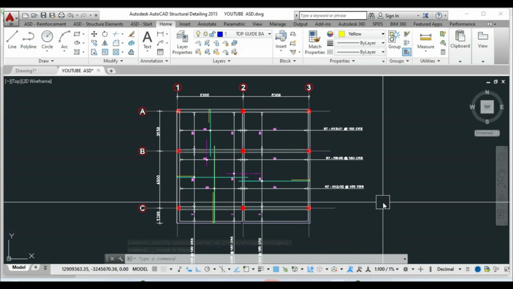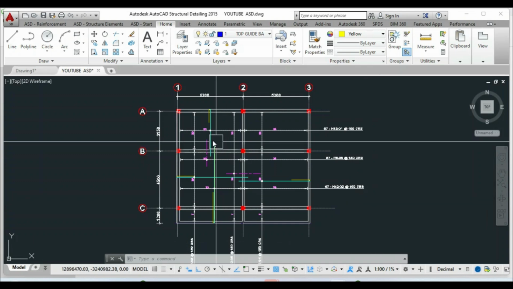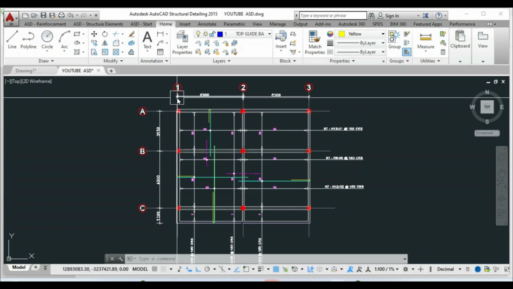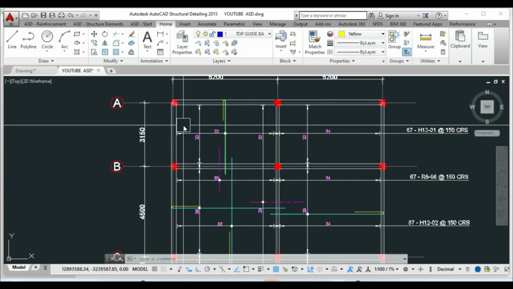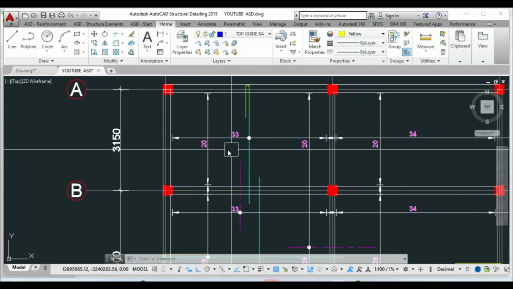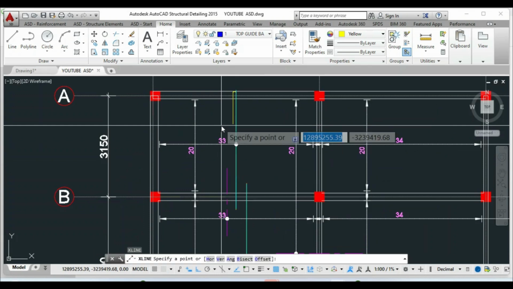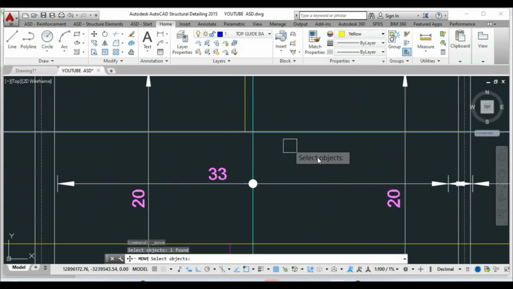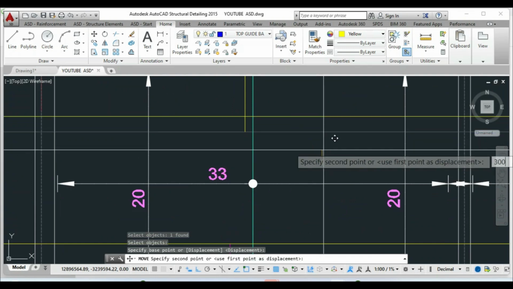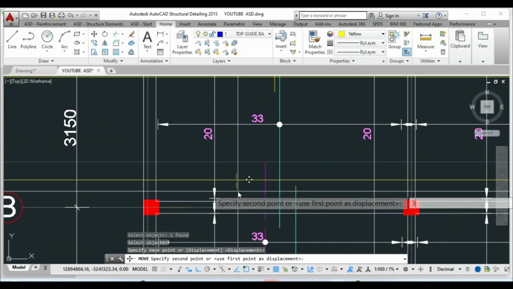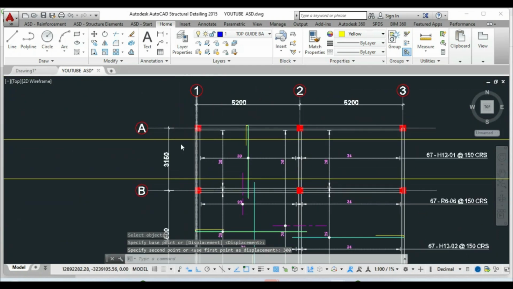So we are now going to draw the distribution, that is also the negative distribution bars at the supports. So we are going to start off with the panel AB spanning from grid line 1 to 3. And those are mainly at the edges of the beams. So I'll draw a construction line, horizontal, move it up by 300, the lap length, move it down by 300,